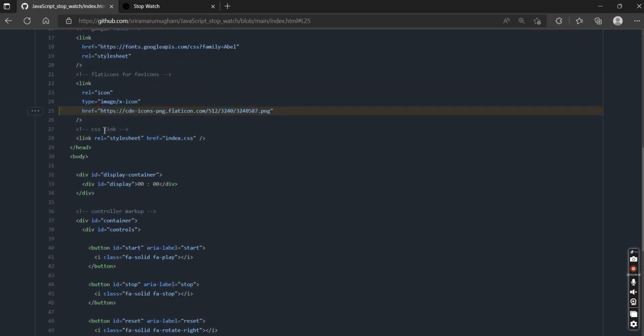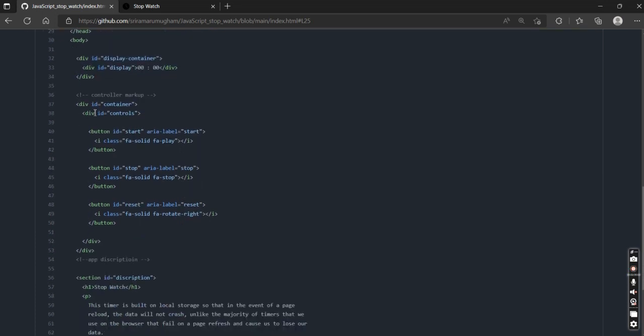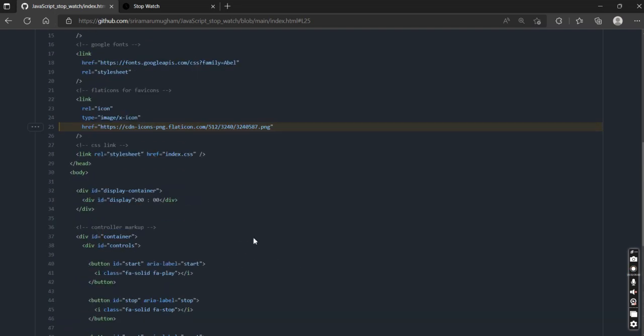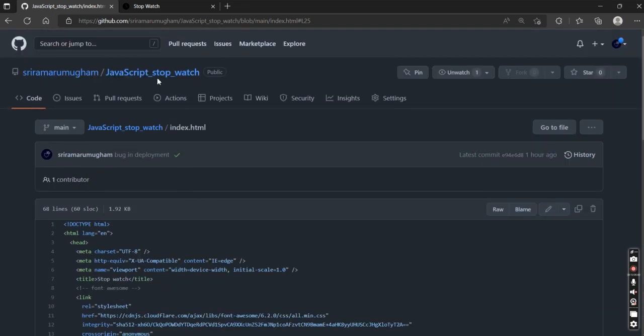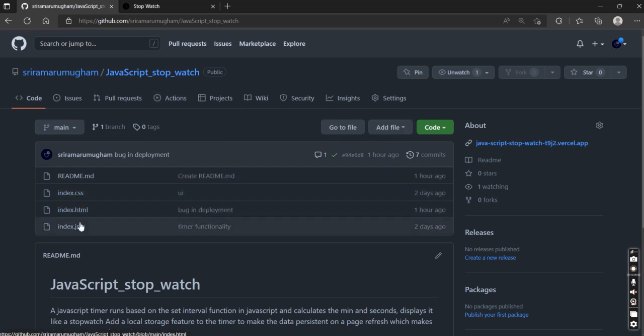And this is the display container which has the display, and this is the markup for the controllers, and this is the sample description, and I have the link for the JavaScript file. This is the CSS styling,